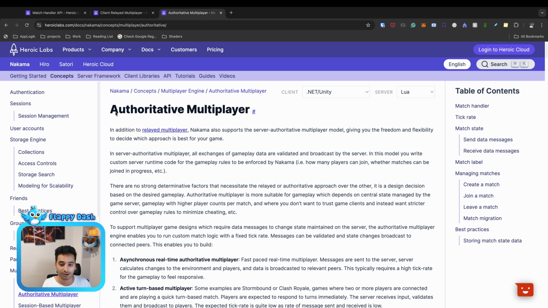But the other one is authoritative multiplayer, and this is something that we are gonna use. It is like that the backend validates everything that is happening in the game. So for example, a player can request to increase the score and backend can validate that, and if the action is valid, backend can broadcast it to others. And with this one, no one can cheat in the game. And it doesn't destroy the match whenever everyone is disconnected from the match. So it keeps the match alive until you want to have it alive. So it's up to you to decide whenever to destroy the match. And yeah, so we are going to use this one.